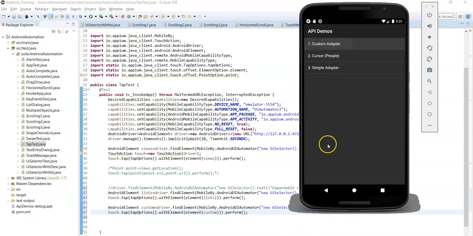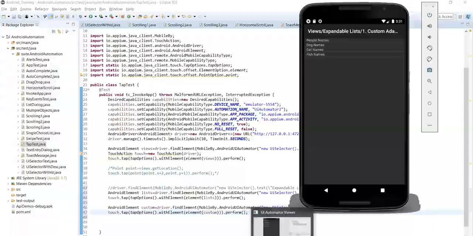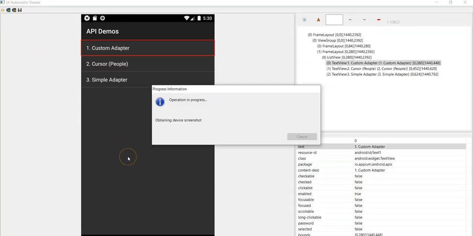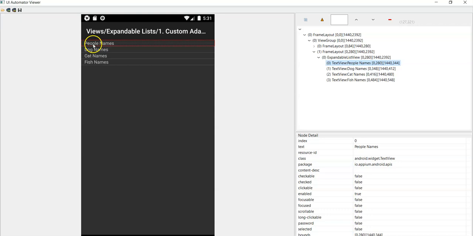Now you need to identify the locator of people names. Click on the device screenshot icon again. So click on people names. Here you can see that only the text attribute value is available, so this is unique. People names is the text attribute value.